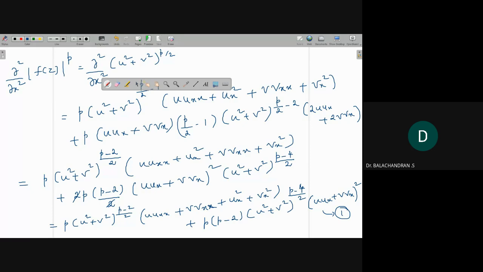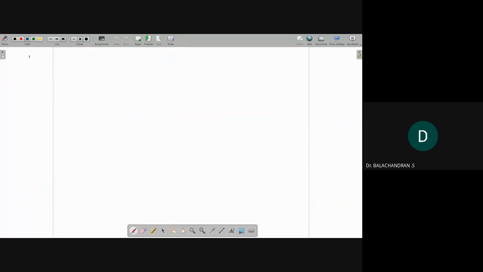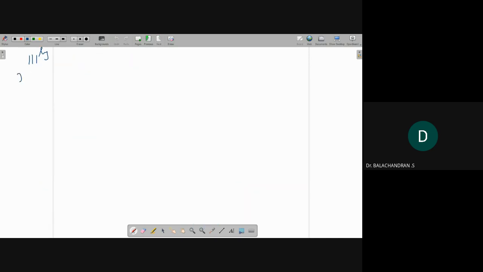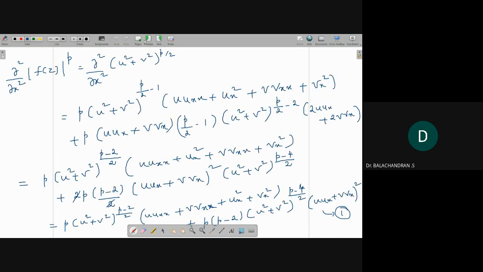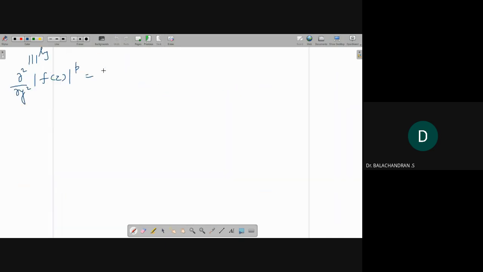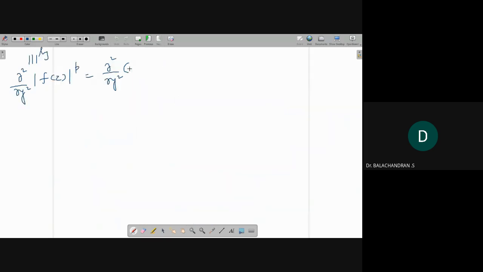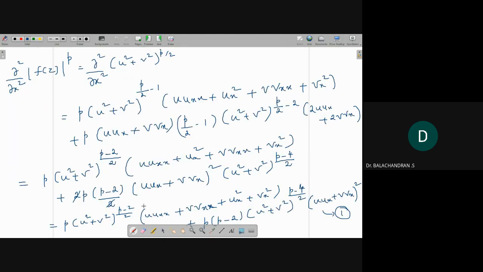Similarly, what? Dou square by dou y square of mod f of z whole power p, equal to dou square by dou y square of u square plus v square whole power p by 2, which is equal to, so we have a very lengthy term, but there is no other way we need to write. So